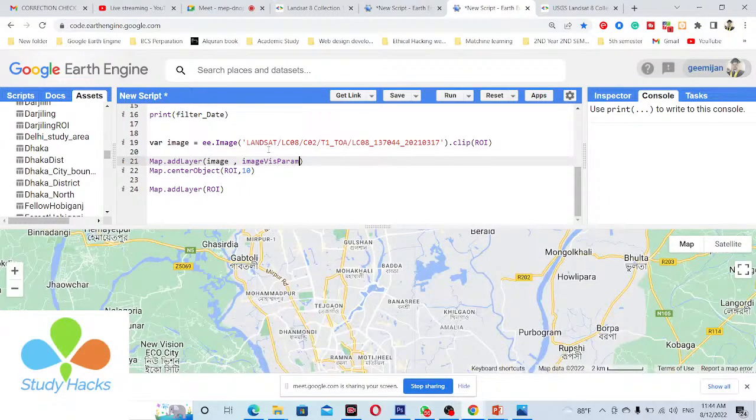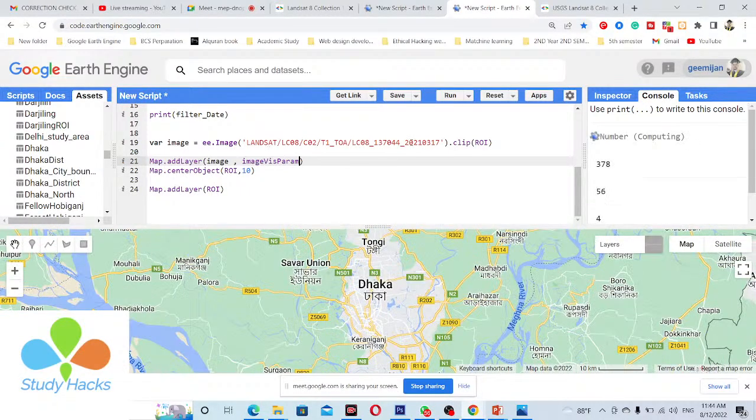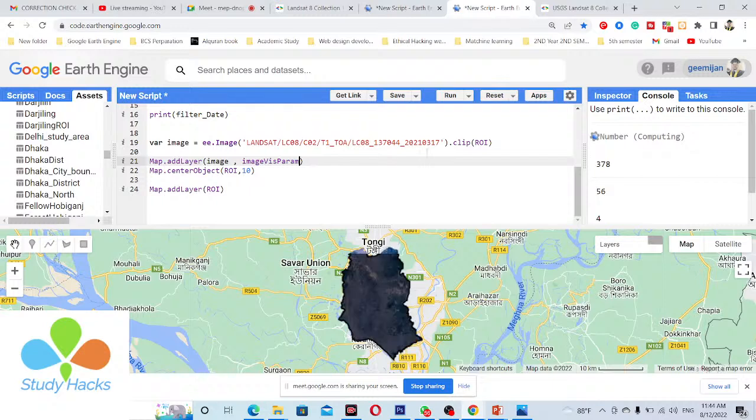So basically, you can see this image, 17 March 2021, with its bands. Suppose at this time you want to create the NDVI. When you want to create the NDVI, you need the near infrared band and the red band, so you also need to select those bands. We will also try to discuss this in today's class so that you can easily understand.